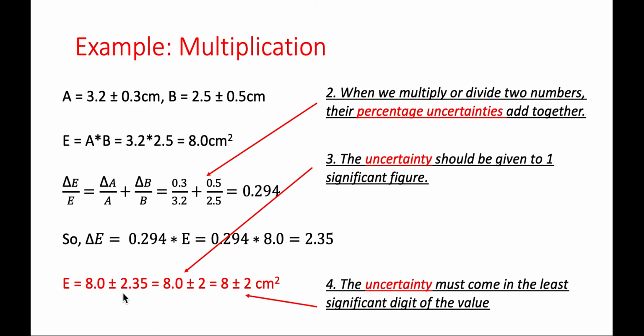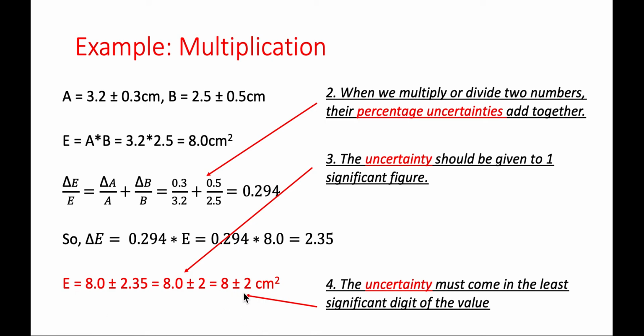If you notice here, we have 3 significant figures and 2. We've reduced it down to one significant figure. However, the least significant digit in our value is 8. And so therefore, these two values must match up in terms of the significant digits. This kind of conversion is a real tricky part because you're having to think about multiple different factors. Firstly, how many significant figures I'm allowed to give my uncertainty to, and secondly, what the least significant digit of the value is. If, for example, we had